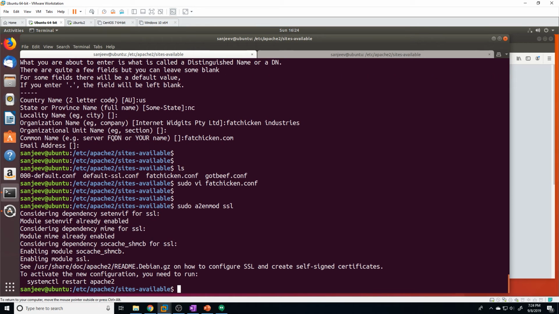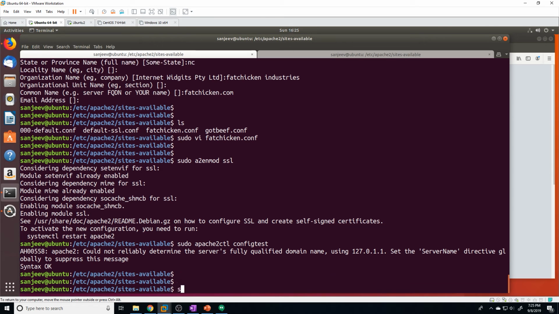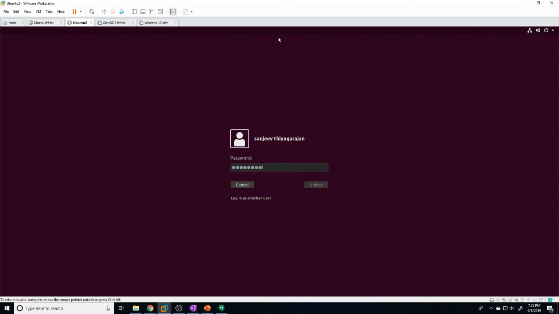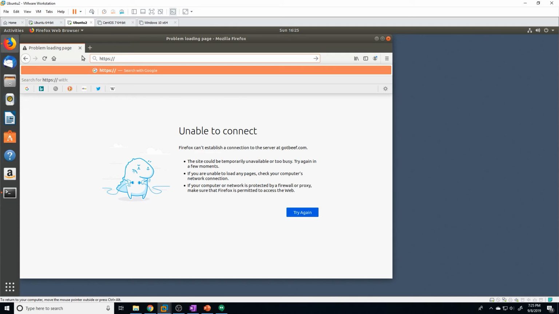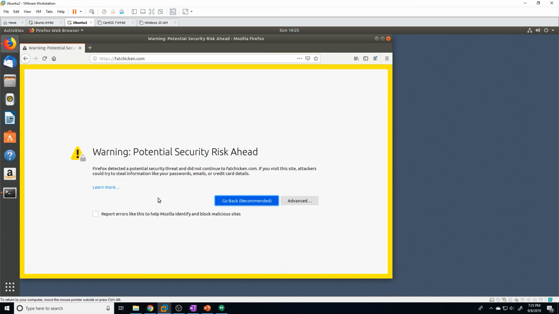All right, so it's been configured, and we'll have to restart Apache for that to take effect. Let's just verify our configurations are okay with apache2ctl configtest. And everything looks okay. And we can go ahead and restart that then. All right, so it should be working now. So if we go to our other server and we go to HTTPS this time, and then we do fatchicken.com, it should give us this potential security risk